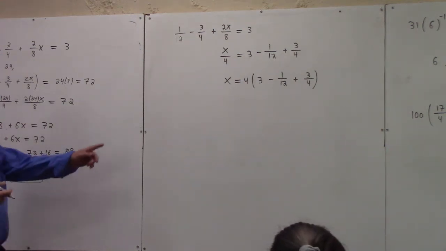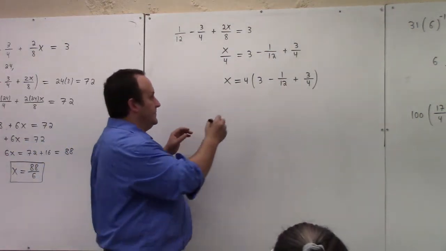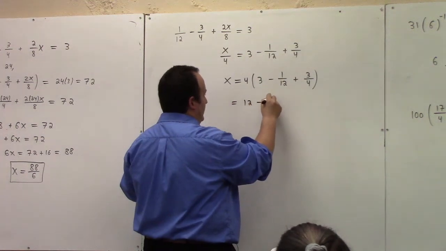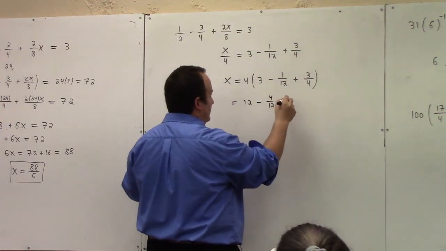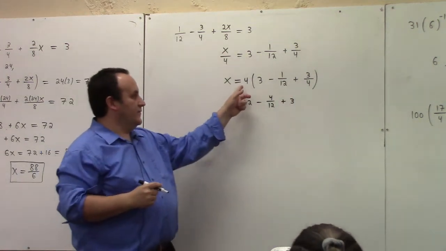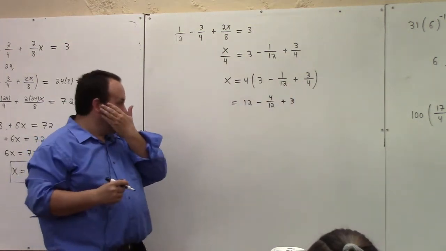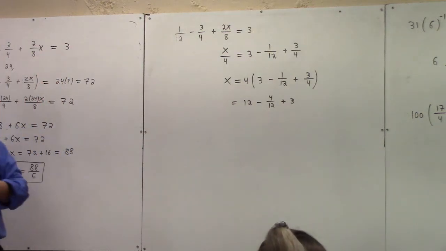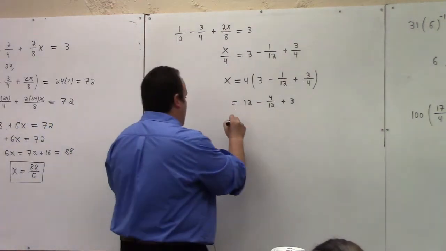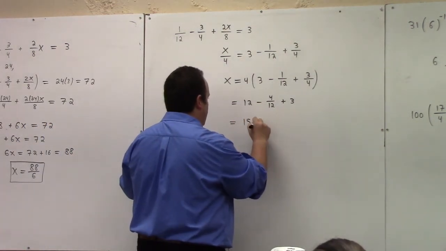But then we distribute, right? So this is what? 12 minus 4/12. Ooh, maybe it's still got some nastiness over here. Plus 3, right? Because 4 times 3/4 is what? 4 times 3/4 is just 3 again, right? 4's cancel. And then what? Well, that's 15 minus 4/12,